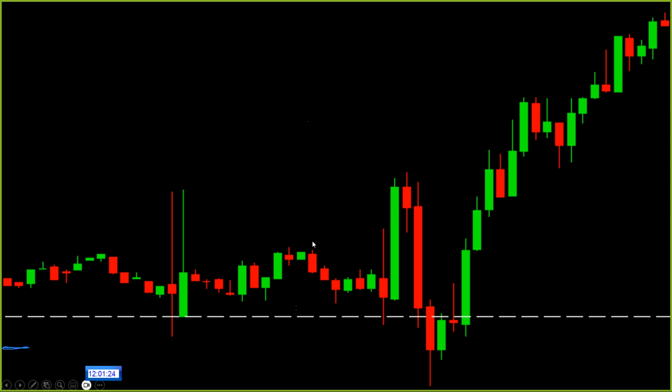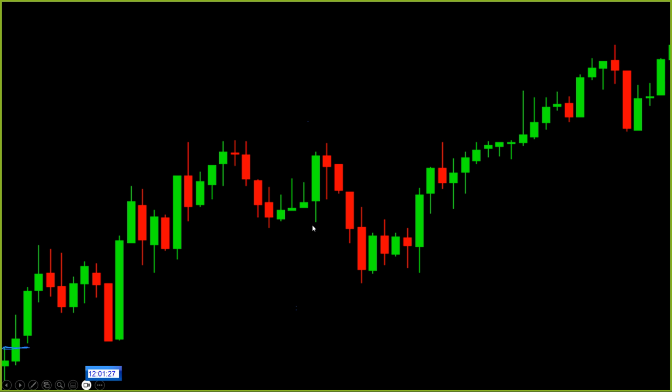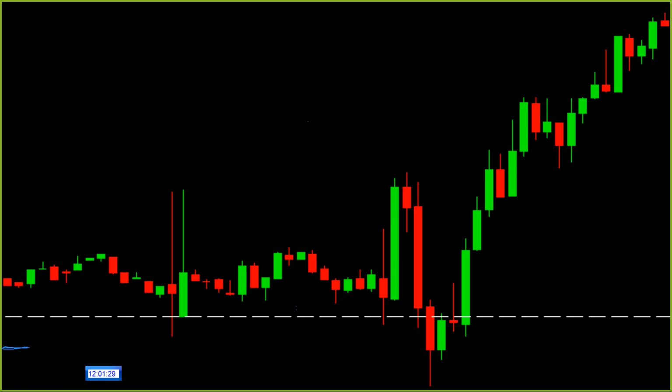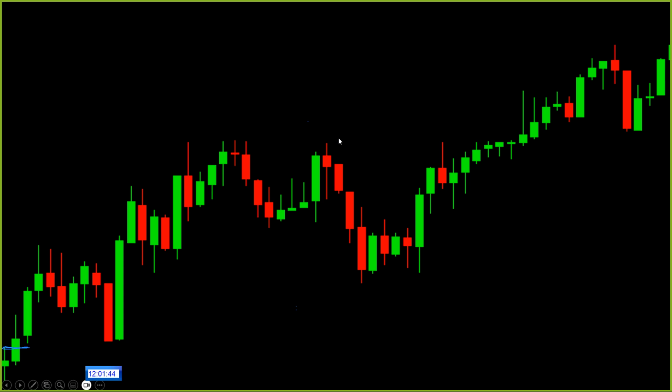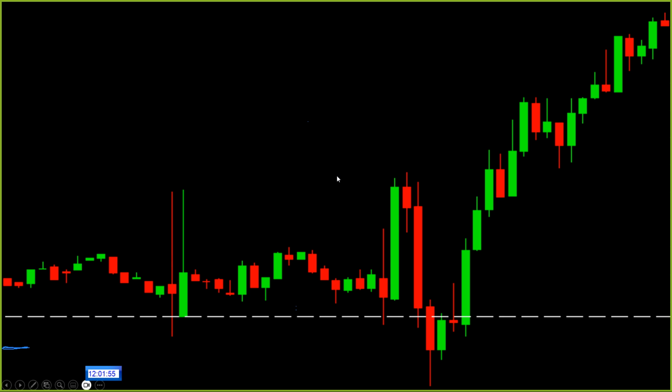The first one or the second one? Yep, second one is easier to interpret. The second one is a 5-minute chart. The first one, this is a 1-minute chart. Look at how choppy and frustrating the 1-minute chart can be. And then look how smooth